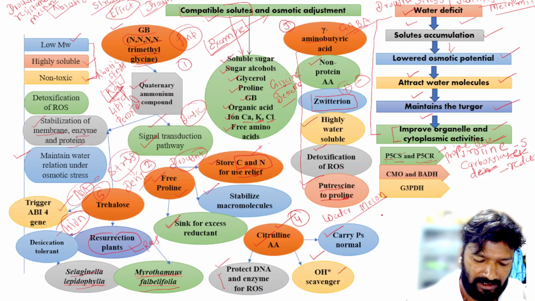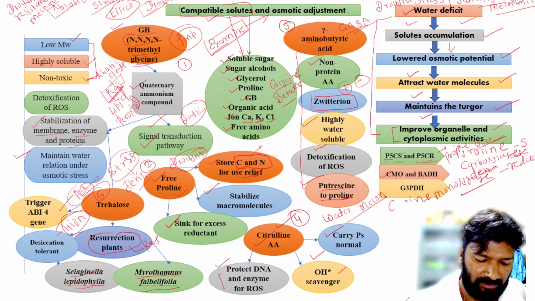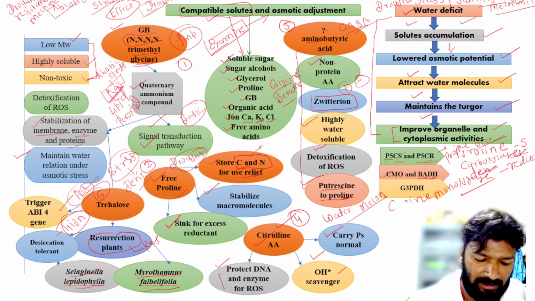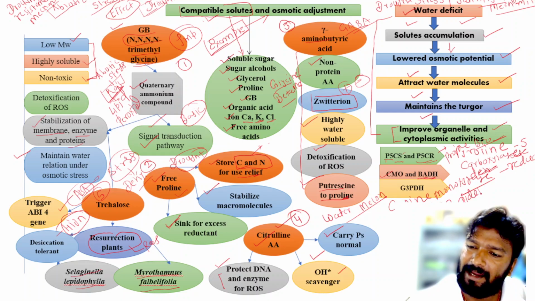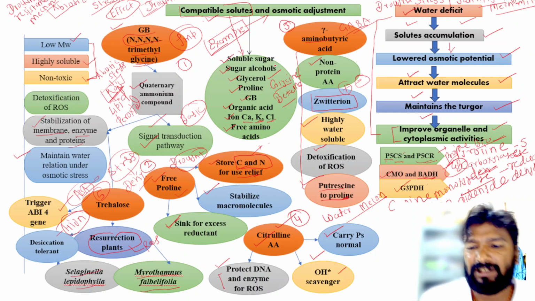And next one is CMO, that is choline monooxygenase, and BADH, that is known as betaine aldehyde dehydrogenase. So these are involved in the glycine betaine synthesis. Then glycerol-3-phosphate dehydrogenase is involved in the synthesis of glycerol. So these are the important